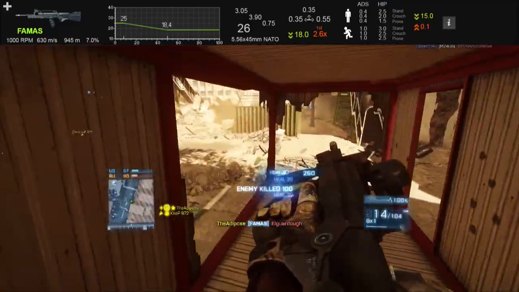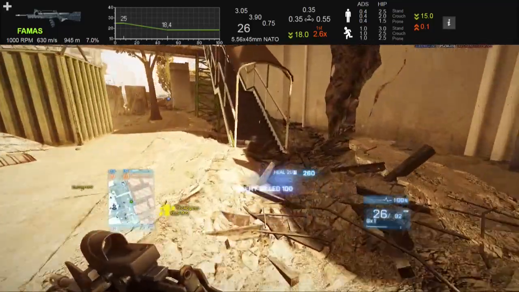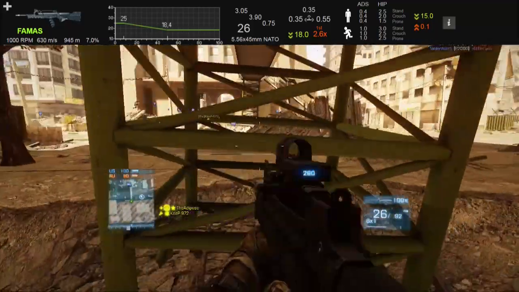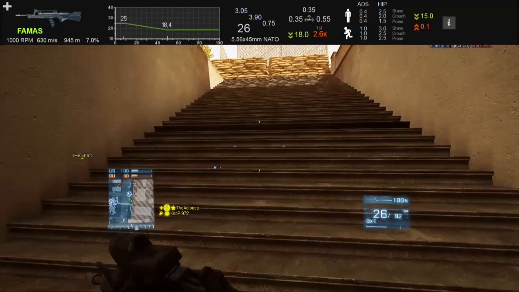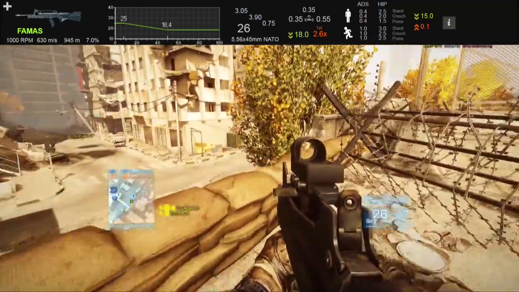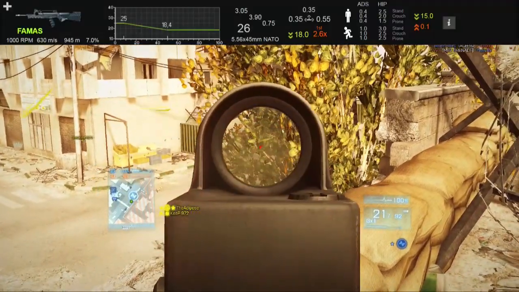Look at the reload here. 1, 2, 3, and I'm back. And when you're at close quarters, when you're battling people around corners and crates and things like that, to have to wait an entire 3 seconds, or even worse, 4 seconds to get yourself back ready to fight,